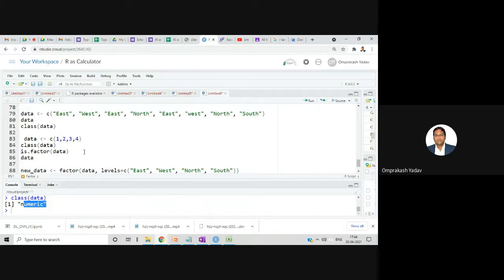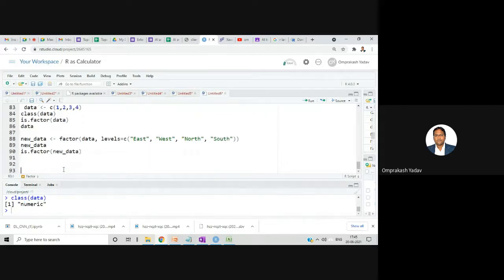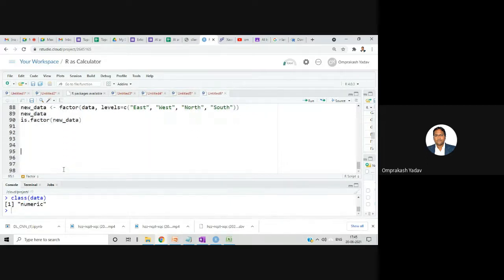Okay, we have a short time, but we can still proceed. I would like to revise this concept next time also. If you want, you can practice it during the entire week, and next week I will revise again and then move ahead from this particular point. Here I'm creating a data frame. Actually, I'm moving towards data frames.